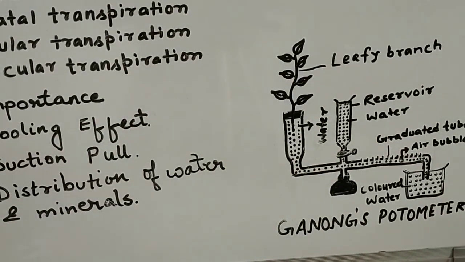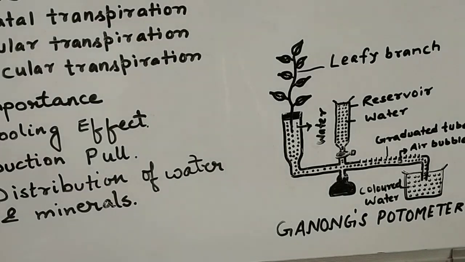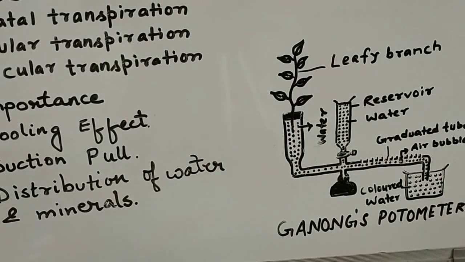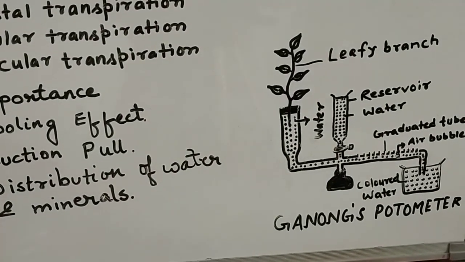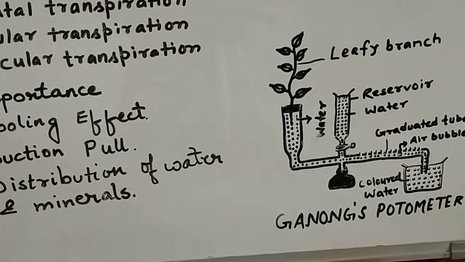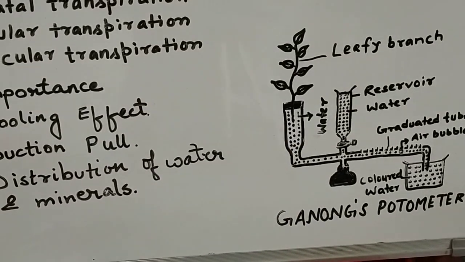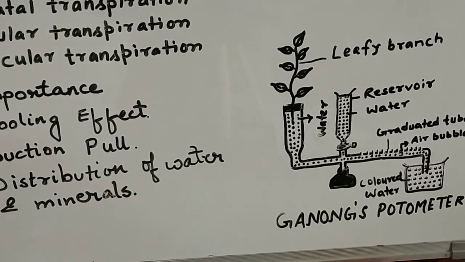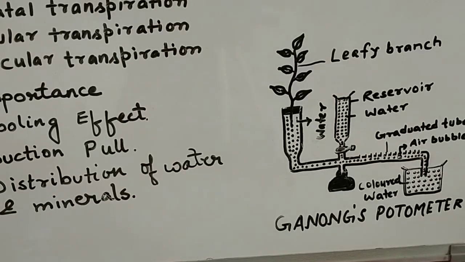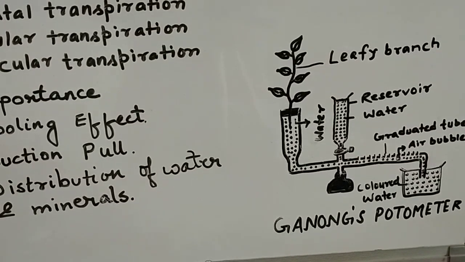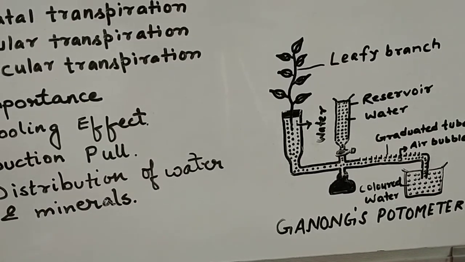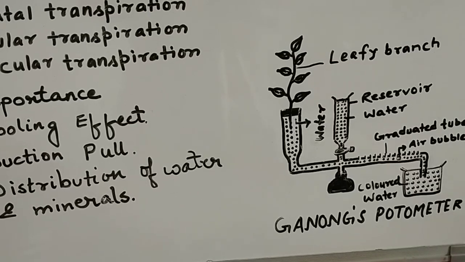As leaves are there, leaves are transpiring continuously, pulling water from the lower column, and that gives the measurement of the uptake of water, which will be equal to the water loss. Again, by adding extra water into the delivery tube, the air bubble will be pushed back to the original position to measure the second reading. In this way, first reading, second reading, third reading, at different hours of the day, the water measurement can be taken. So this approximate measurement of transpiration is done by this process.